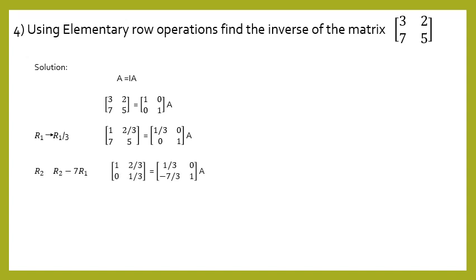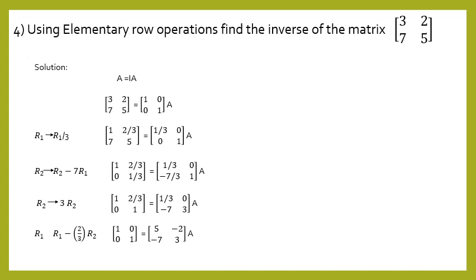Here is the fourth problem. It is an easy one because it is a 2 by 2 matrix. Here just look. Start with this equation A equal to I into A. Here we substitute that. Then after that at last we will get I equal to A inverse into A. First, the first element becomes 1. Next, the other elements become 0.